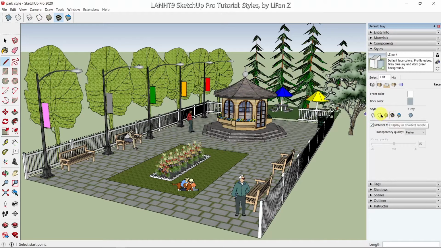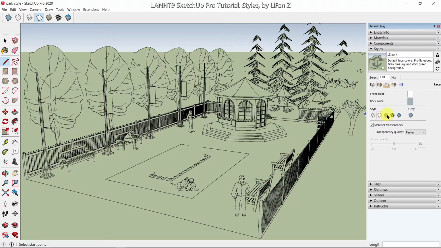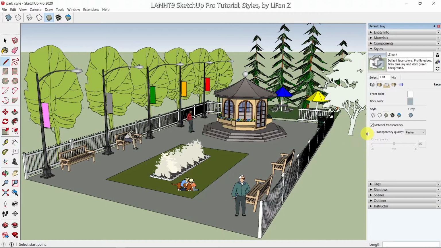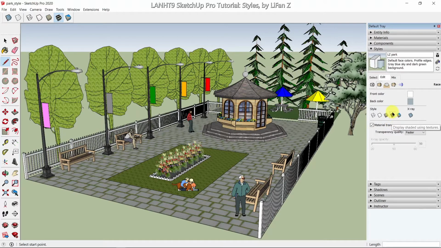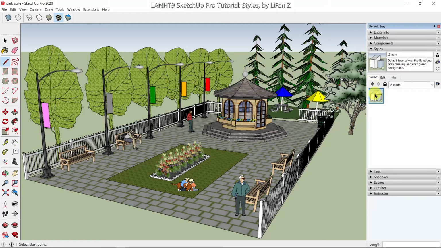You can change it to black and white, or only the colors of the material, not the texture. But for now, I'm going to keep the textured material. Okay, so now, for example, I'm satisfied with what we get here. Go ahead and click on the select button and right click. Make sure everything is updated, and then right click on this LZ Park style